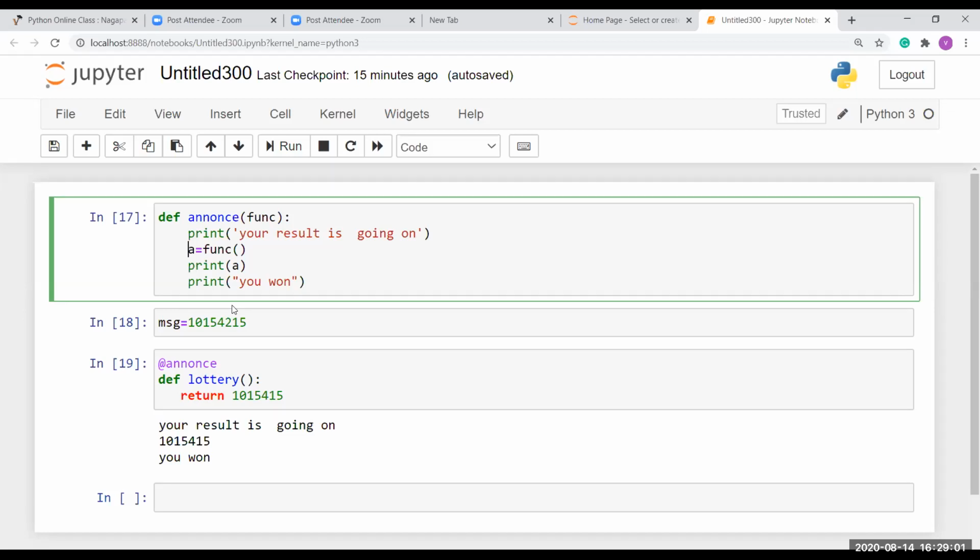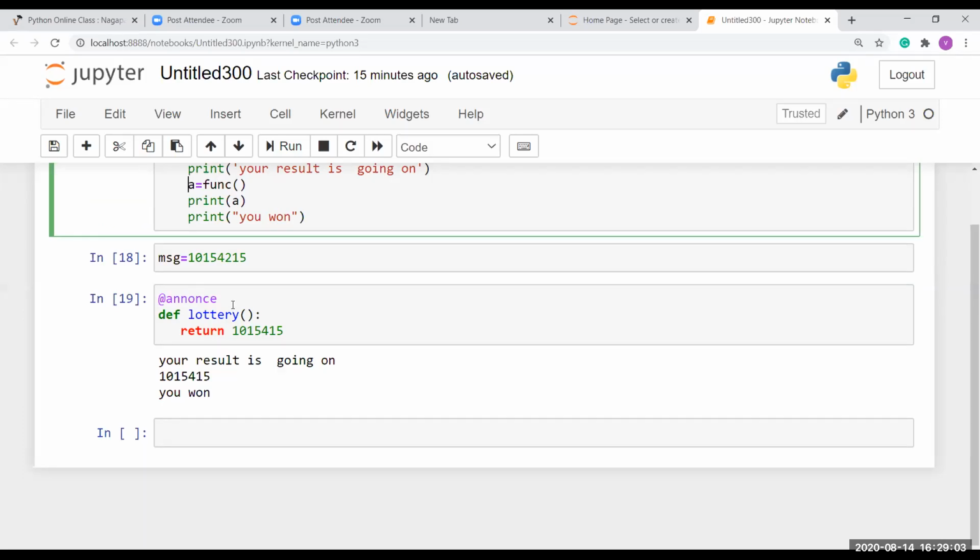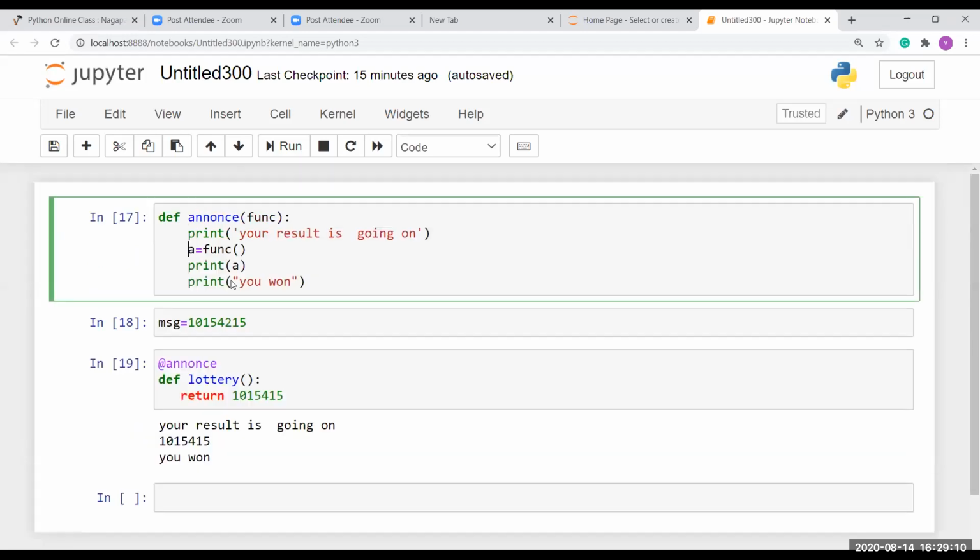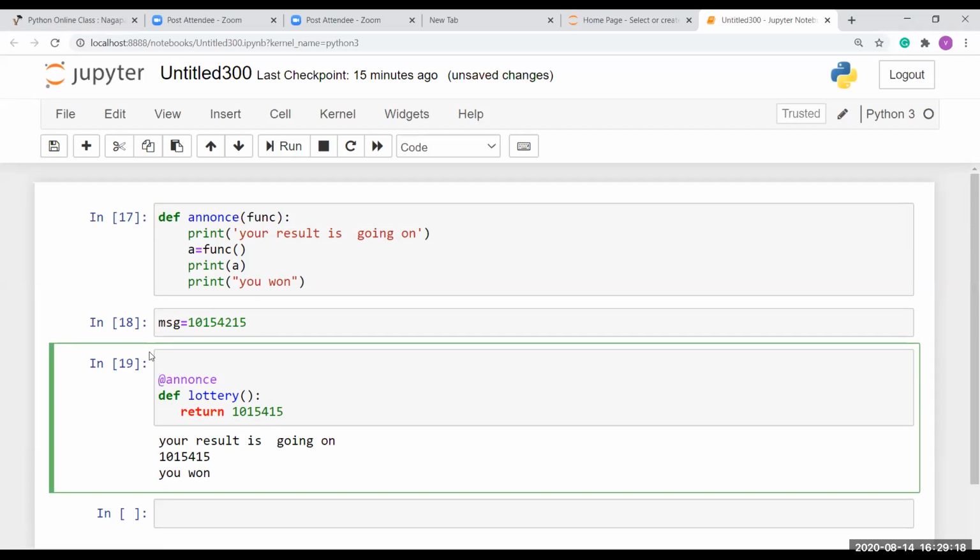Okay, so simple decorator, we can give more decorators in it. If we are giving more decorators, each decorator will overwrite the top one. If I give here, say, at ssp, first this decorator will run. After that it will return some value, right?